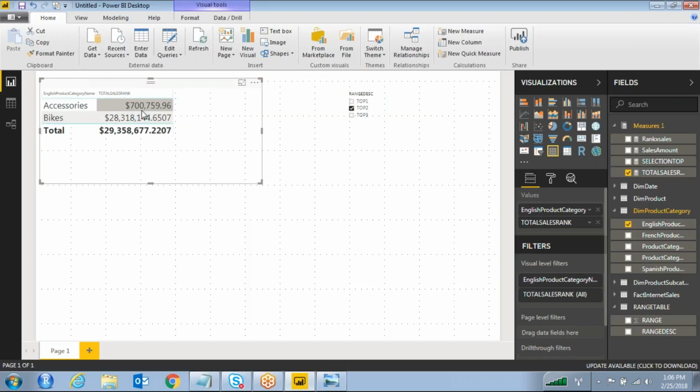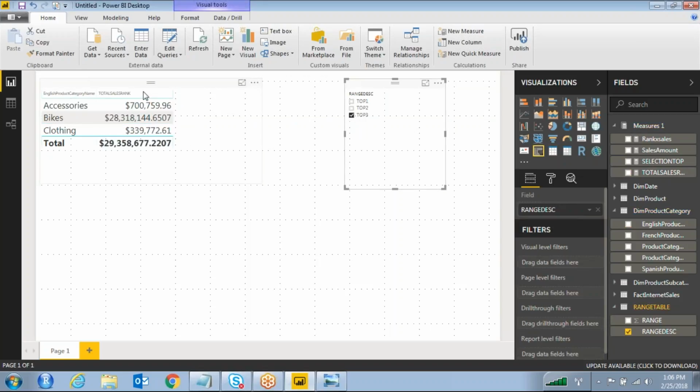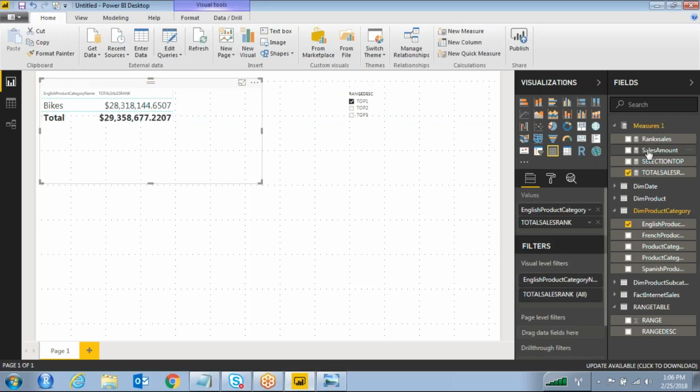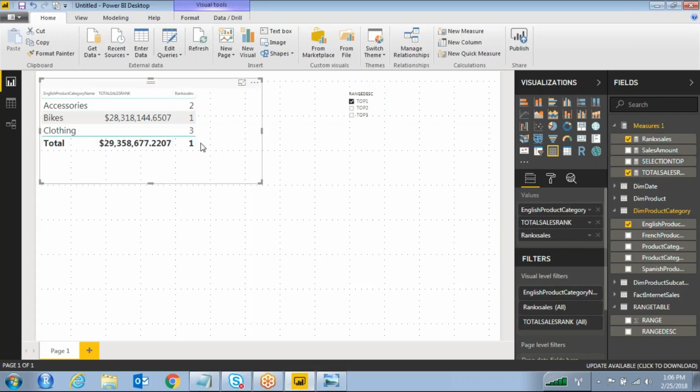Okay, these are the two ranks. If I'm selecting top 3, it will display top 3 sales amounts for the categories. If I'm selecting top 1, it is displaying only top 1, and I want to give the rank as well. Okay, but the problem here is again,